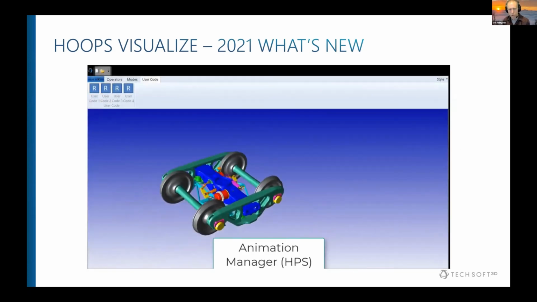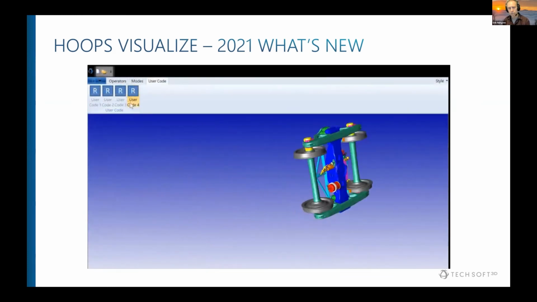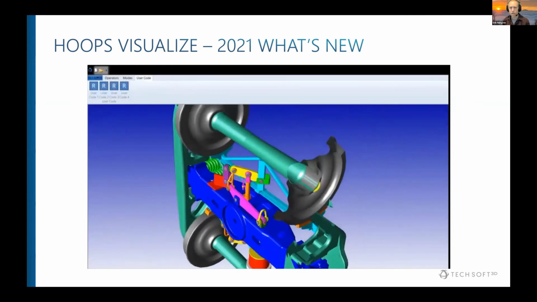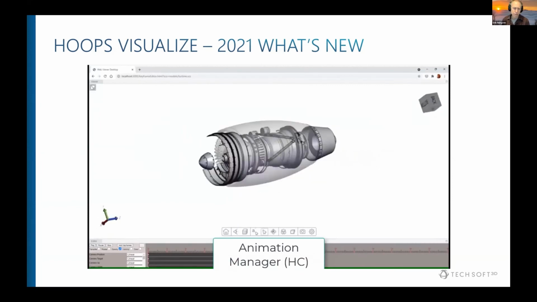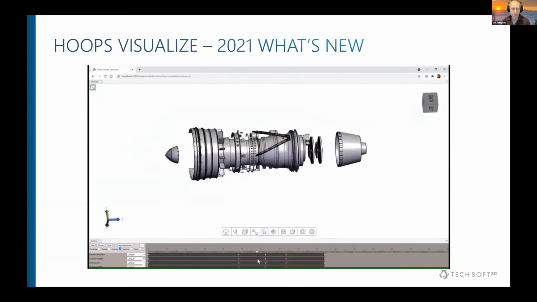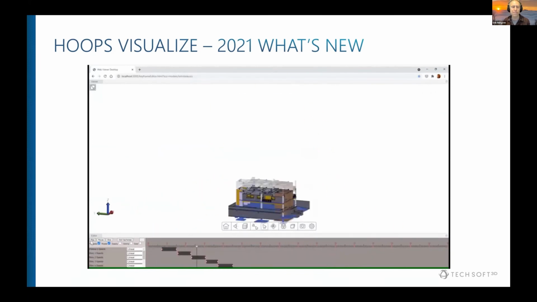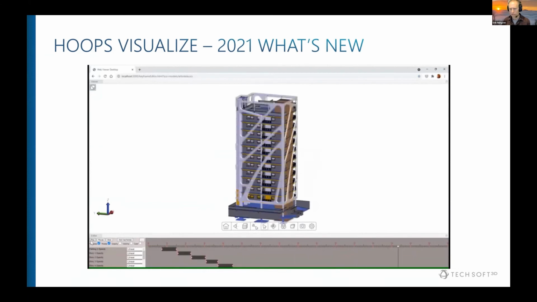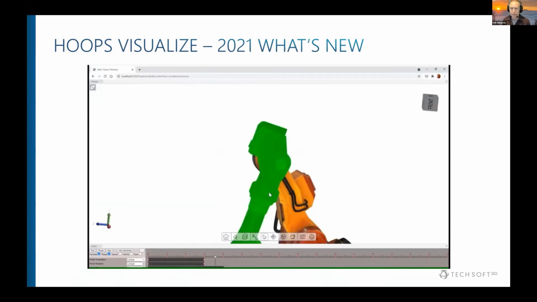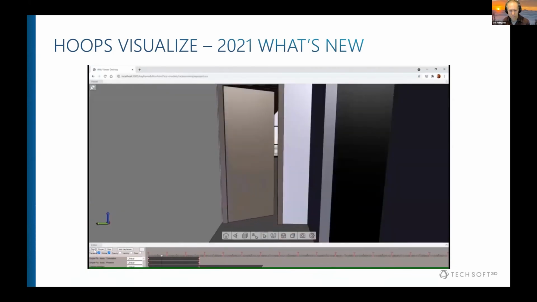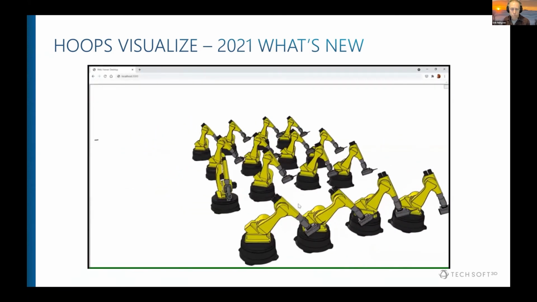We have a video here that we wanted to show you, and this is the animation manager that I talked about inside Communicator. It is in both HPS and Communicator. The HPS video here shows you a little bit more of core functionality, just rotation, scaling, translation. The Communicator side, same kinds of functionality, but we show you how the animation manager can be used inside some of these different workflows that I talked about, whether that's assembly instructions, maintenance, 5D simulation, robotics. It could even be a BIM walkthrough you're going to see here. Or digital factory. So we think this is pretty cool.